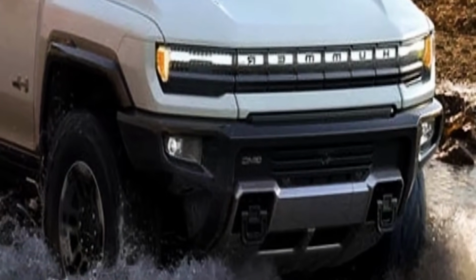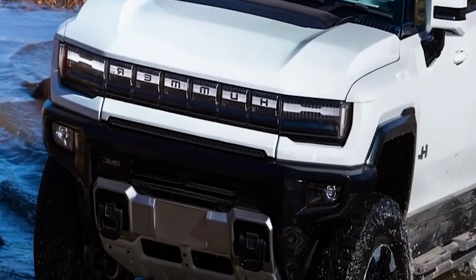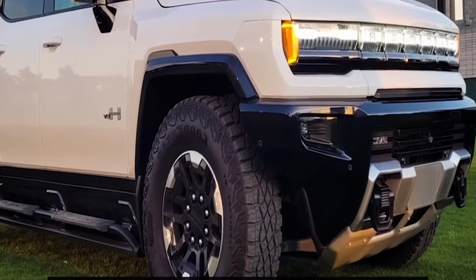What do we want? Roosty drifts. When do we want them? As often as possible. Out on the pavement, the Raptor's stopping power is, surprise, very close to that of the